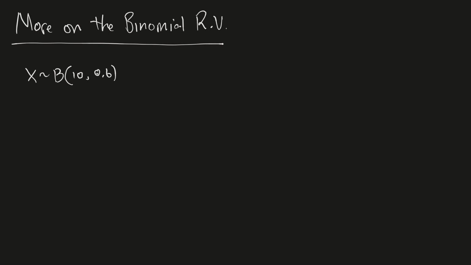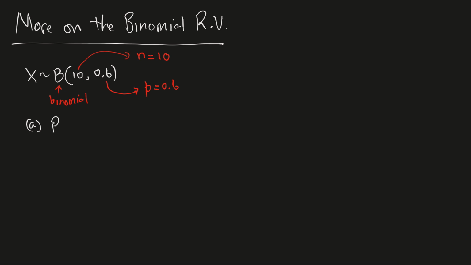Just by writing this, the b tells me that it's binomial. And once I hear that, I know I have specific formulas. The first number in parentheses, that's always your n, the number of independent trials. And then the second number is the probability of success on any of those, in this case, 10 trials. Okay, so let's say part A,